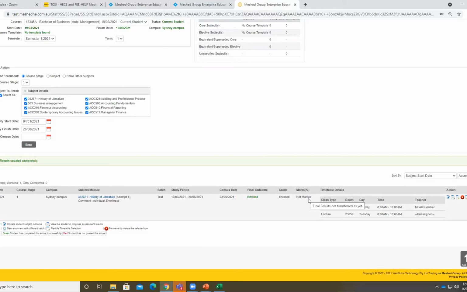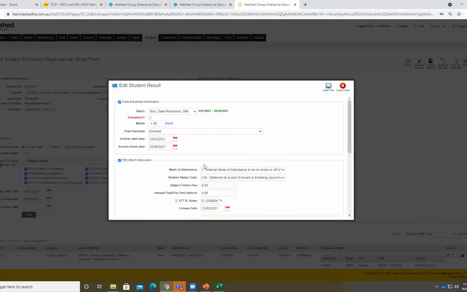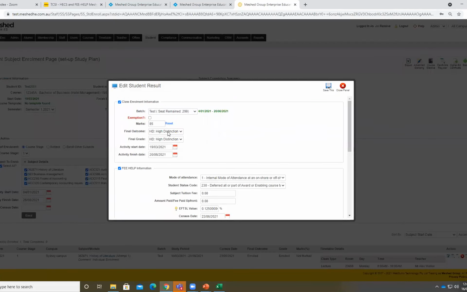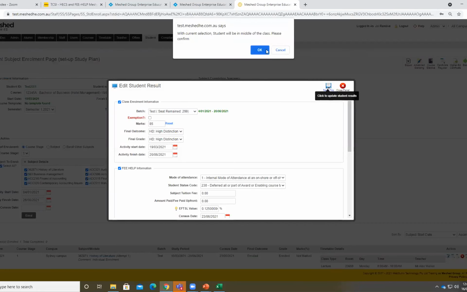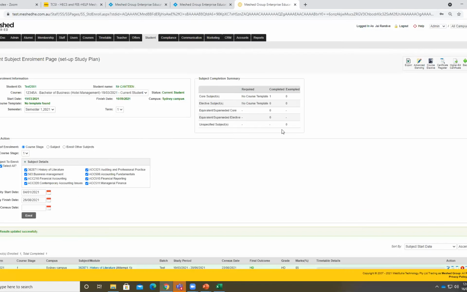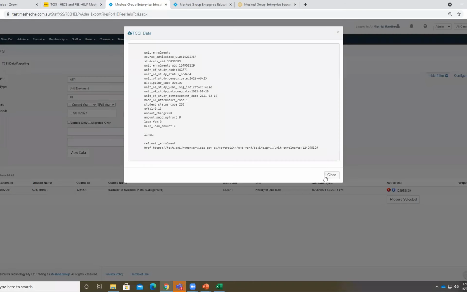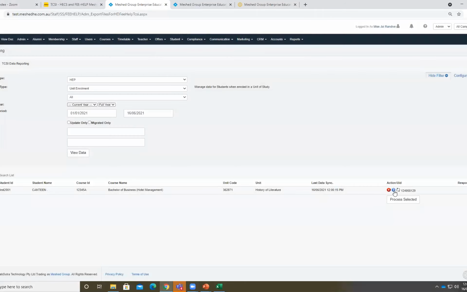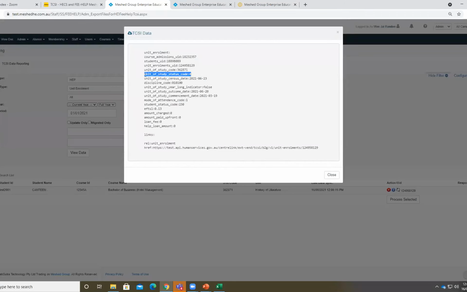After some time, the student is going to complete his subject enrollment, and maybe there will be a successful outcome. So let me update the outcome. Now I have updated this record. If I go back and click view again, it will give me this update sync icon because data got updated after reporting. Initially when we reported this data, the status outcome was 4, which was continuing enrollment.